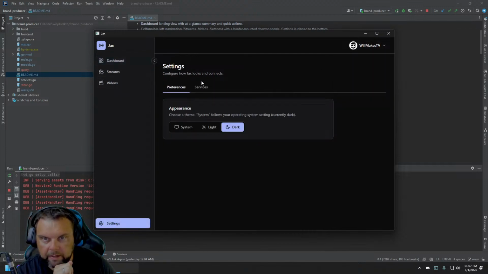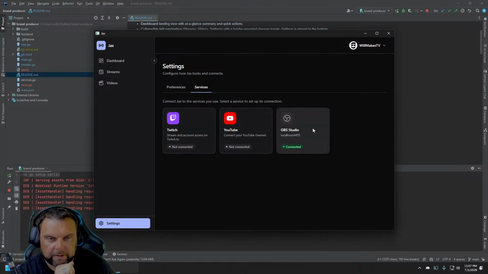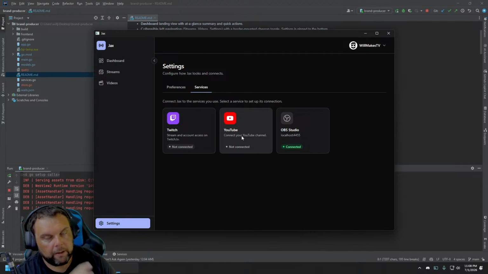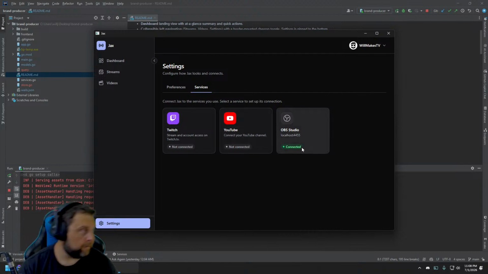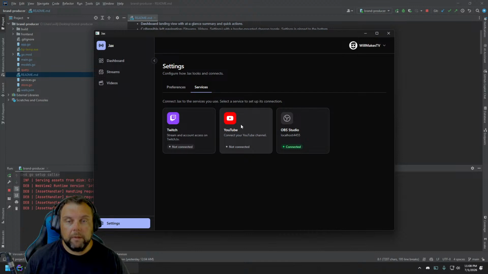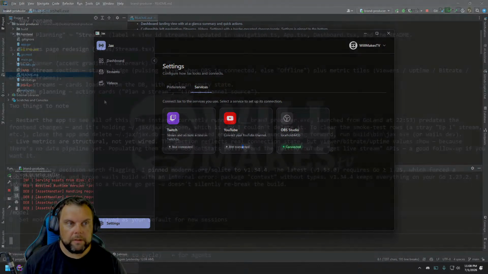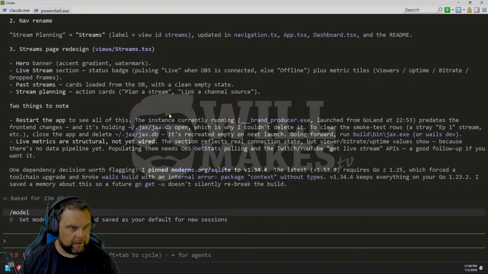So if I go to my settings and services, you see I've got Twitch, YouTube, and OBS connected. I know with Twitch and YouTube, I'm gonna have to go create an application, at least with Twitch, for the API. YouTube is probably a pain in the ass, so you have to go through Cloud Console and do all that, and yuck. But let's do this. So go back to here. Our model's set to Fable 5, and in our settings, we have connections to Twitch, YouTube,